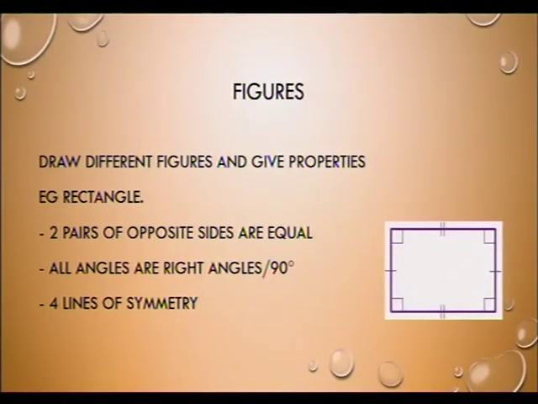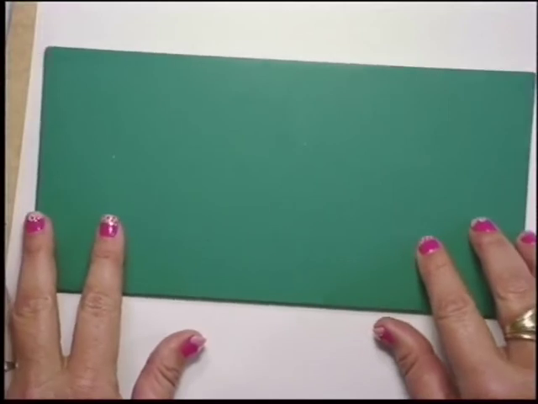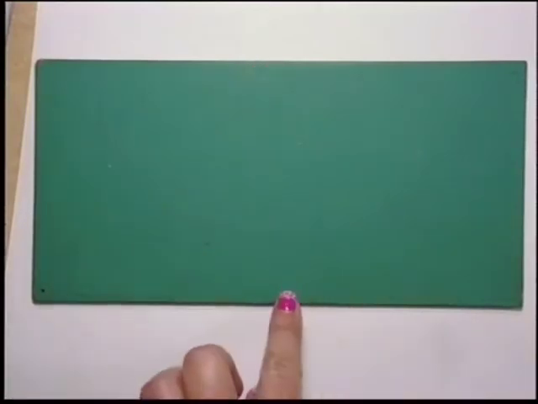Then we come to figures. Important here is that we should be able to draw different figures and give properties. For example, the rectangle. And again, if it's possible, take practical examples. Here we have a rectangle so that the learners can see, if we talk about 2 opposite sides that are equal, we can immediately see these 2 sides are equal and these 2 sides are equal. All angles are right angles,